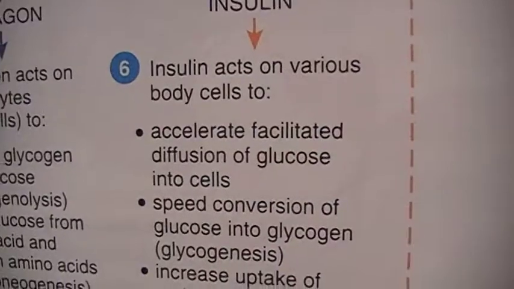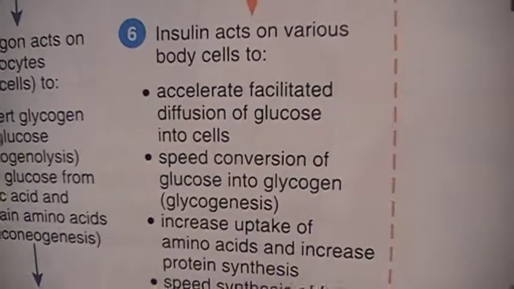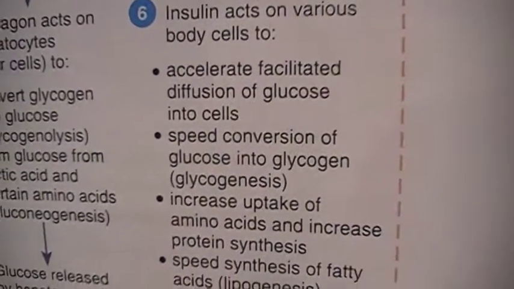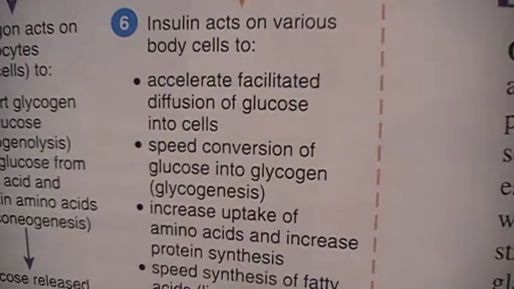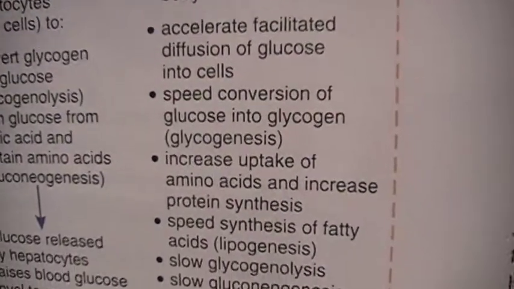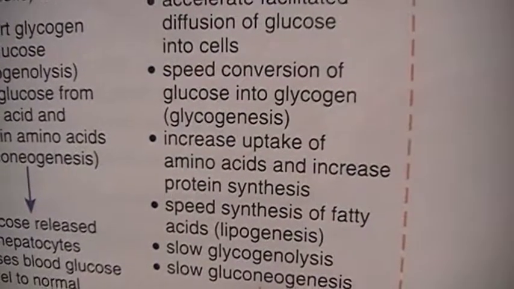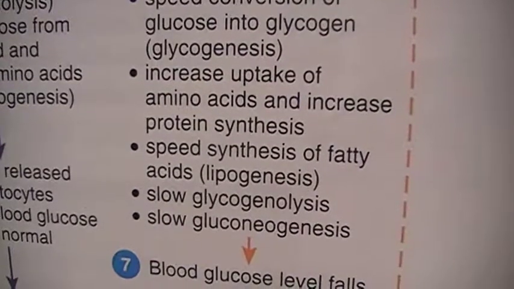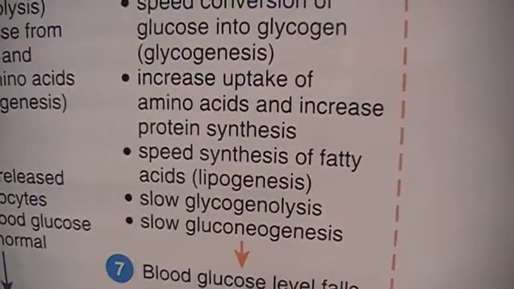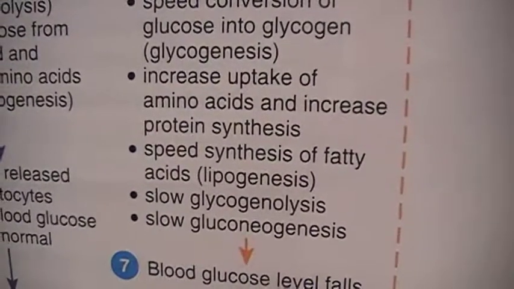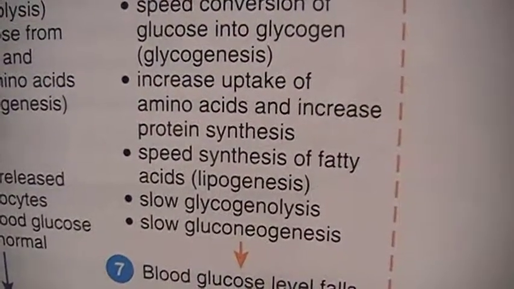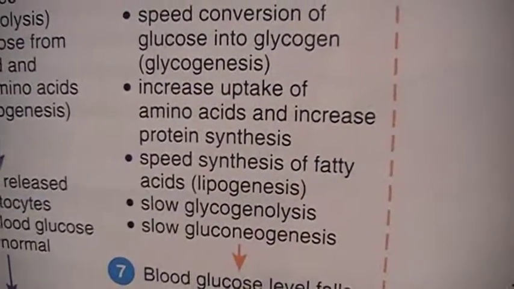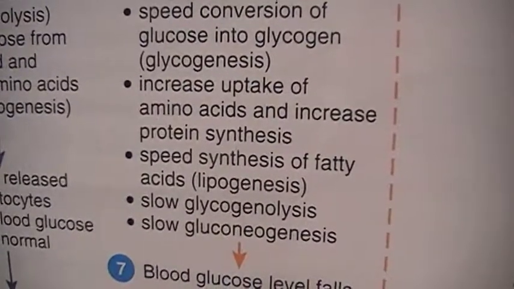Insulin acts on various body cells to accelerate facilitated diffusion of glucose into cells, speed conversion of glucose into glycogen, glycogenesis, increase uptake of amino acids and increase protein synthesis, speed synthesis of fatty acids, lipogenesis,